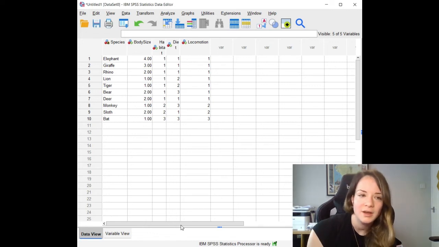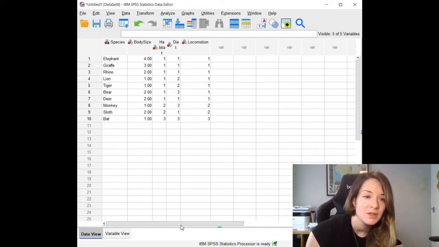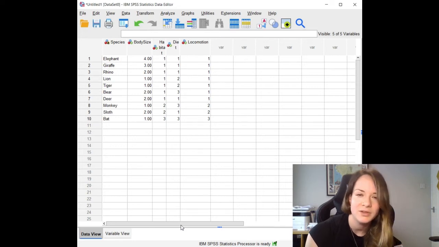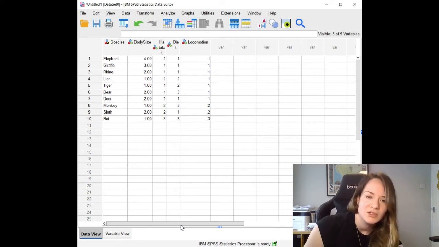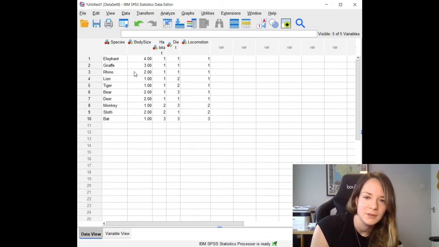So today we're going to learn how to conduct a hierarchical cluster analysis in SPSS using an example just based on animals with random numbers. Hierarchical clustering is a type of clustering analysis that groups similar cases together based on their similarity or dissimilarity on a set of variables. So I set up this fake data file, with body size, varying from large animals,